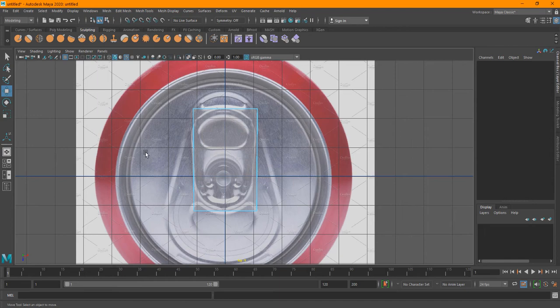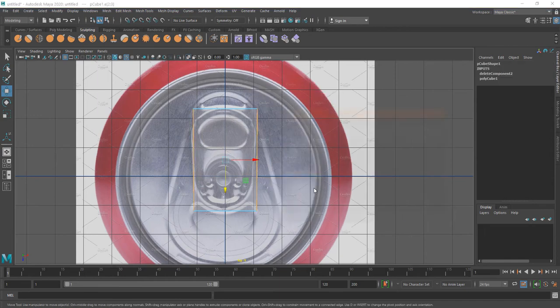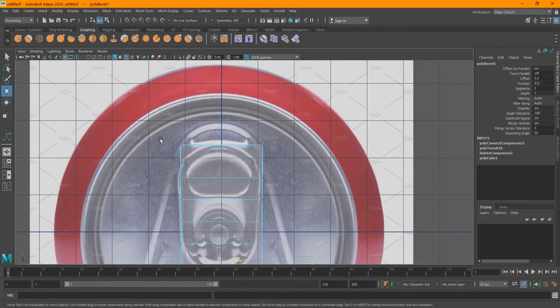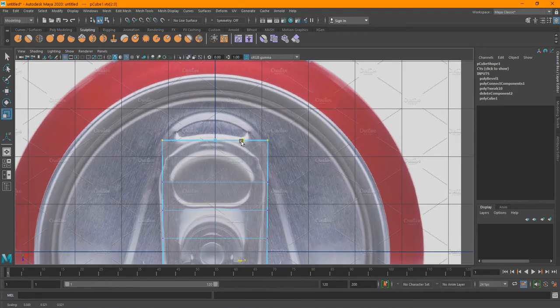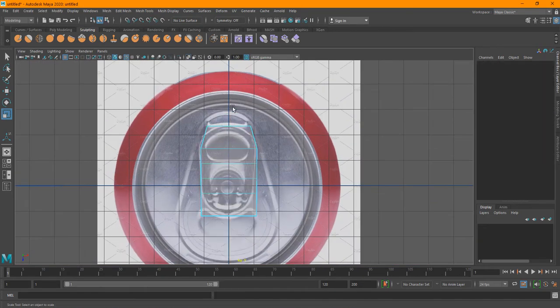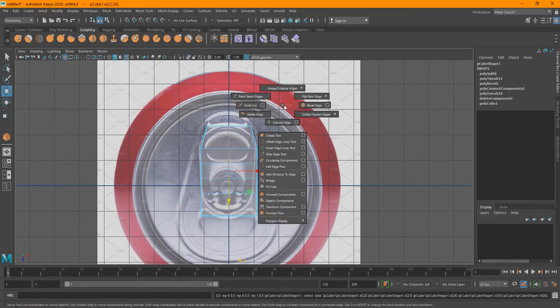And then I'm going to add a couple of edges here. So I'm going to select, then connect components and apply. I'm going to select this edge and bevel it so we get some segments here. Maybe that much is enough, like 3. And then I'm going to go to edges and adjust it as you want it. So I think 3, you can see that we're getting the effect. And then I'm going to add one edge on this side. So I'm just going to shift right click and connect, and maybe 2. So bevel it